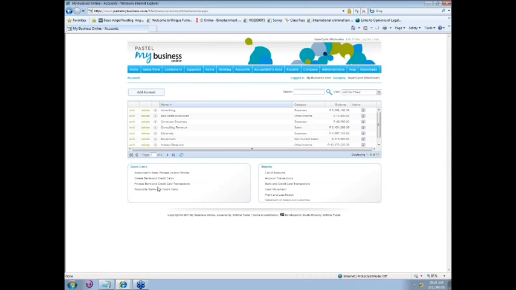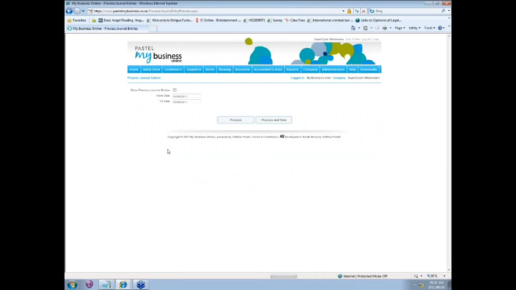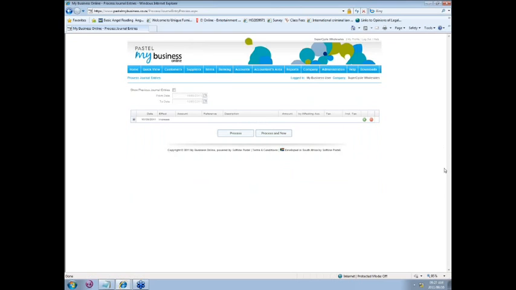There you can then process, once you've selected accounts and then accounts, you have an option to, under the quick links, you can click on the accountants area and process journal entries. And then you would select the relevant journals that you want to